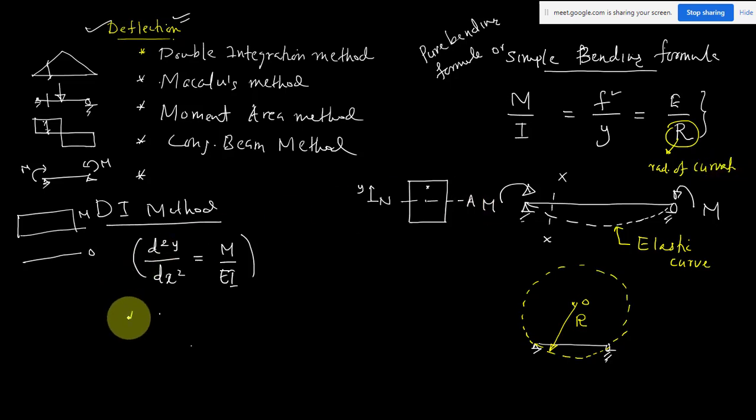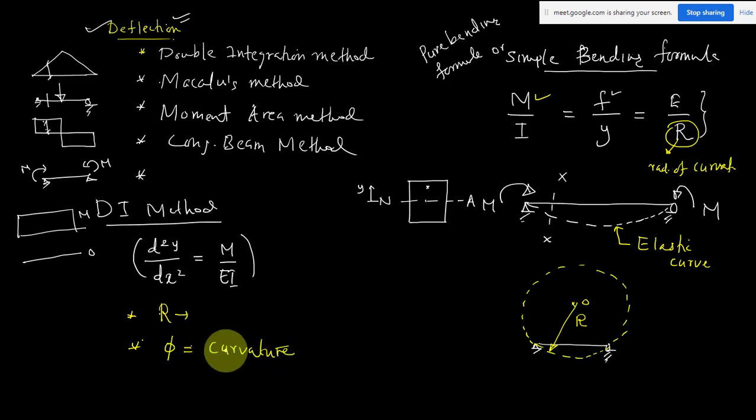So that is the first term in that moment equation. It is simply the bending moment at that section. It is the moment of inertia. It is the bending stress, and it is the distance from the neutral axis. It is the Young's modulus, and R is the radius of curvature. And there is another term you should be familiar with. Usually we represent it with phi. It is called curvature.